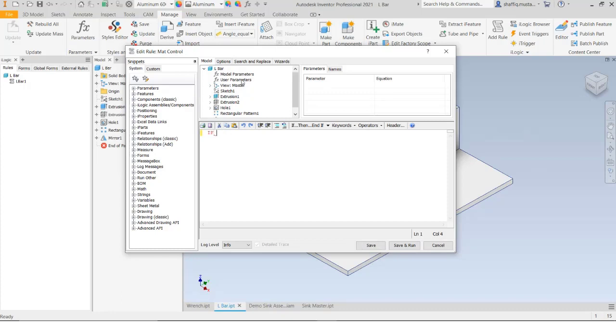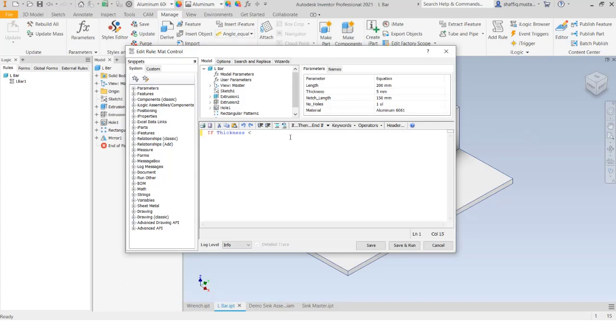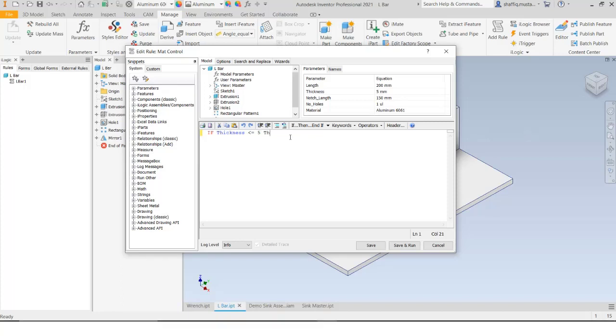So if thickness, go to parameter, double click thickness, is less than or equal to 5, then just double click on the material, equal to aluminium 6061,